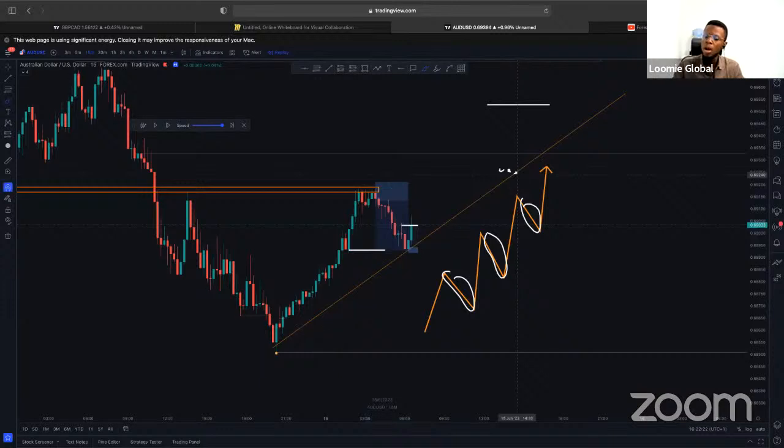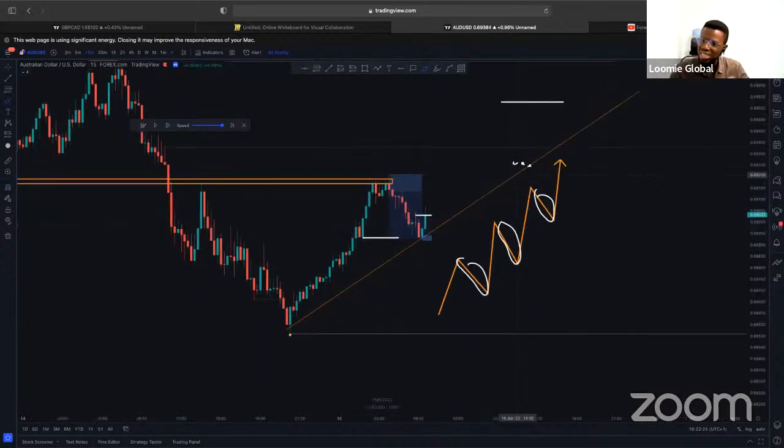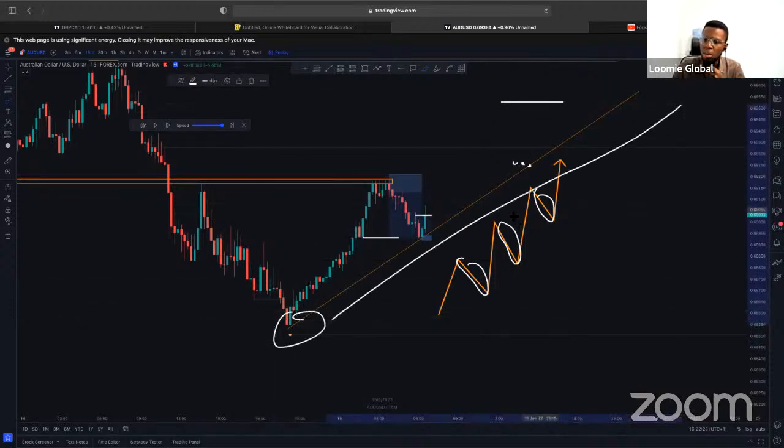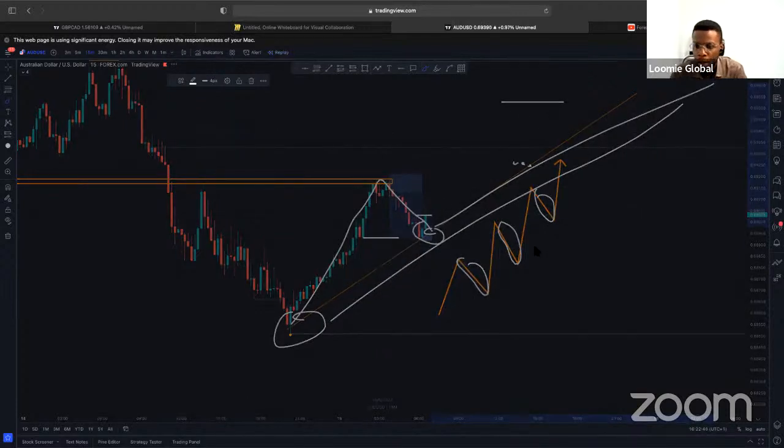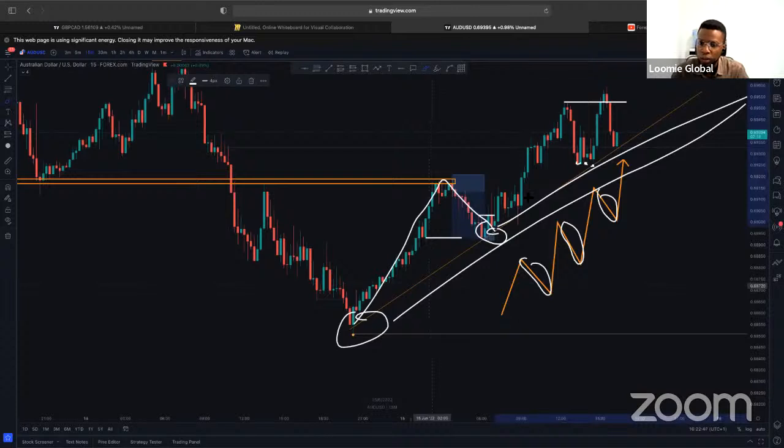There are other people. There's something else called scaling in. Scaling in is, okay, I've taken a buy position right here. I'm expecting price to go up. When price moves like this and comes back to this trend line, I see my confirmation. I add another buy position again, right? And still take it up. And price goes up. Let that load just a little bit. Price goes up to the upside, comes down again. I see my confirmation. I still take another buy position, following price to the upside, right?